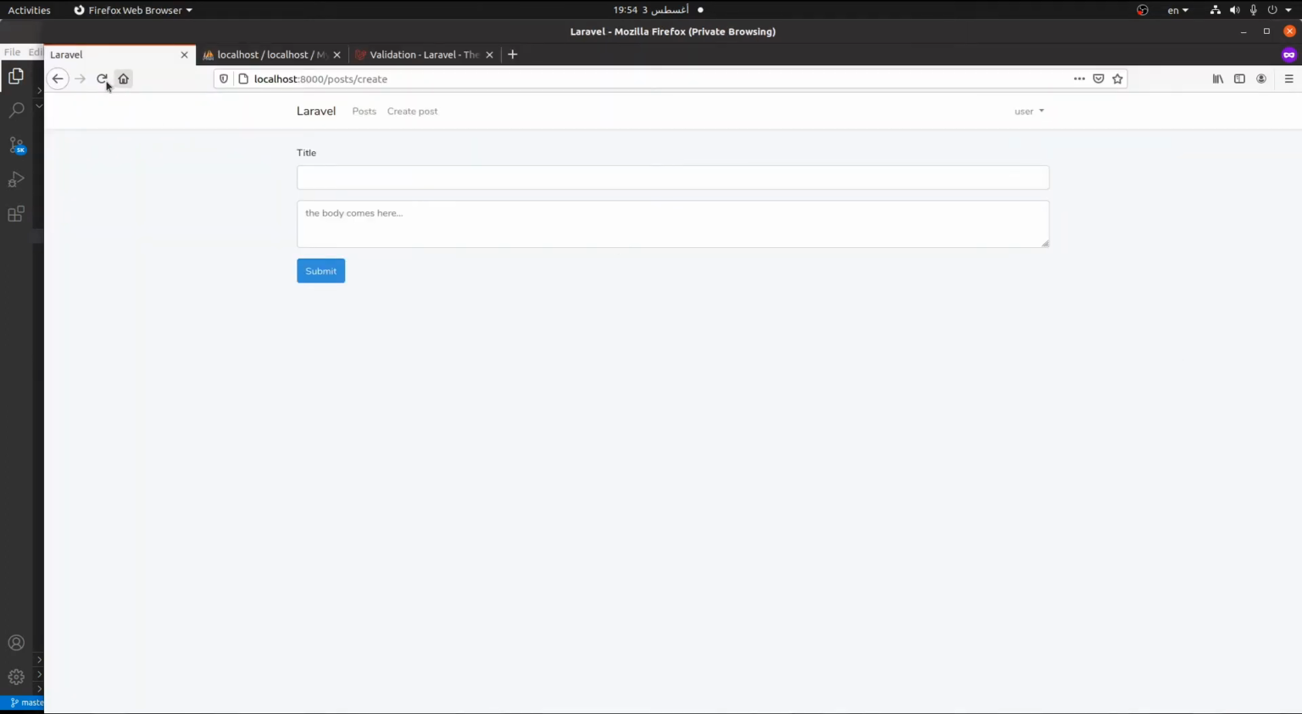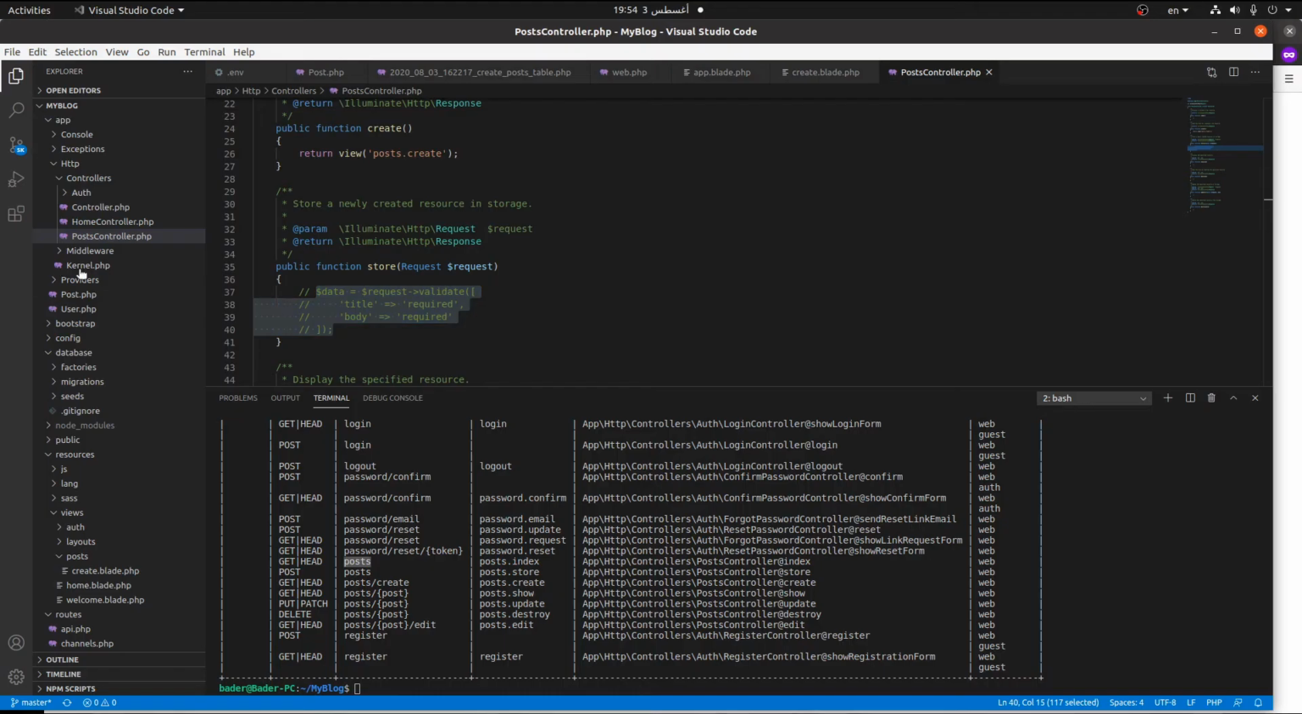Let's refresh, and we got nothing because the function is empty. Let me show you the error, but first we will have to create the post and submit the post. So let's create a new post, and to do that we will use the new keyword and Post, and we are going to insert the data from the user, which is the post title